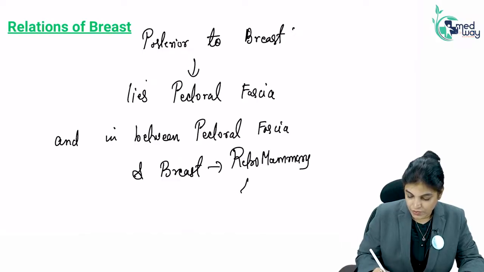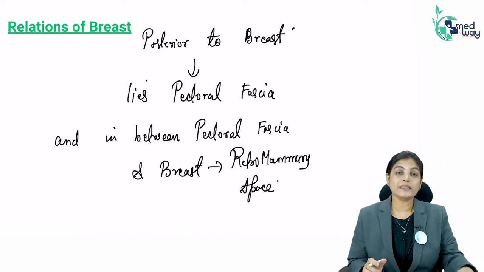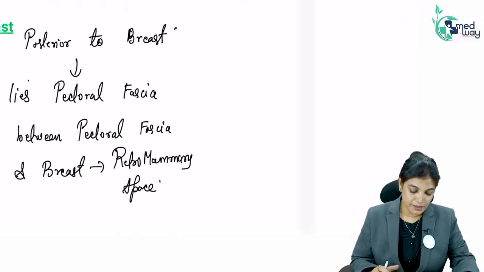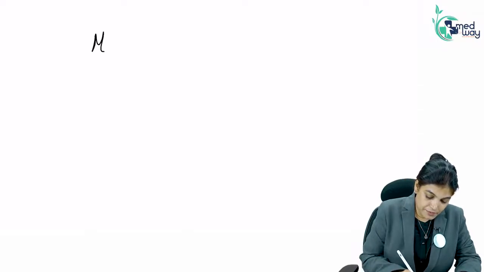Retromammary space. The importance of this retromammary space is that it consists of loose connective tissue over which the breast can be moved. Other than that, more posteriorly,